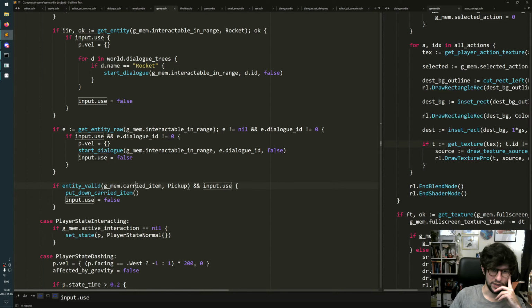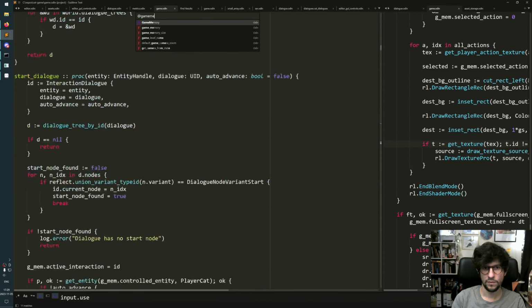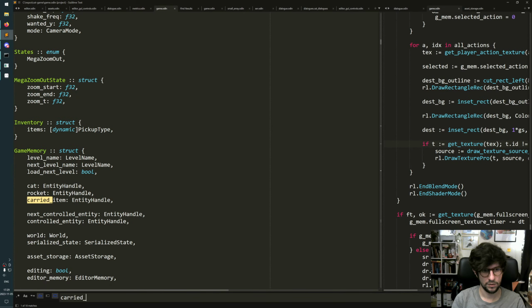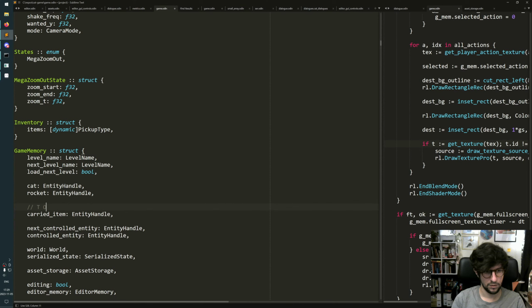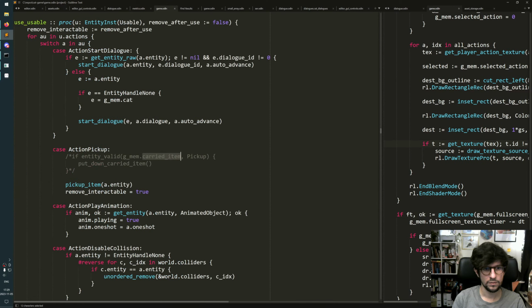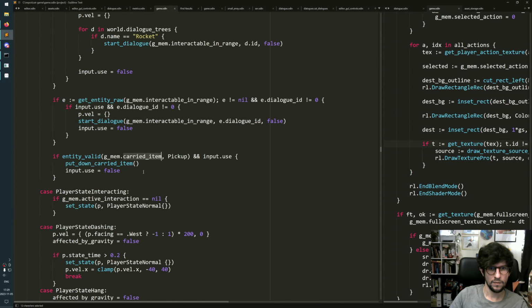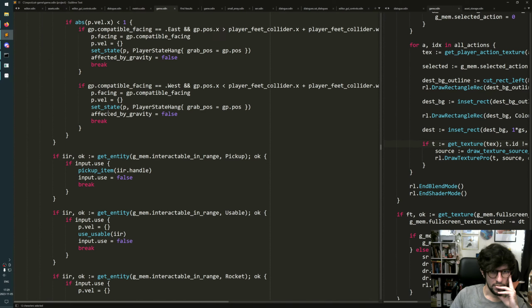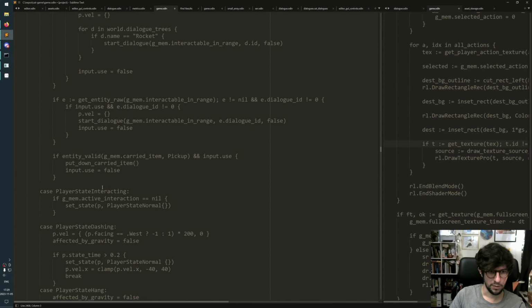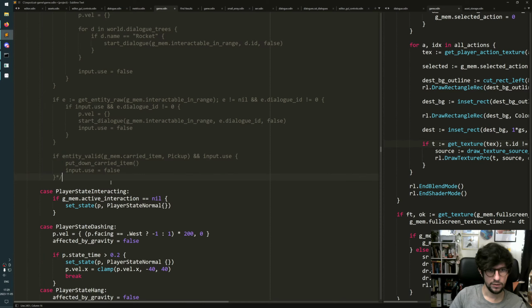I should remove this carried item stuff, it doesn't exist anymore. I don't want to do that right now. So what I want to do here is maybe we comment out all this crap